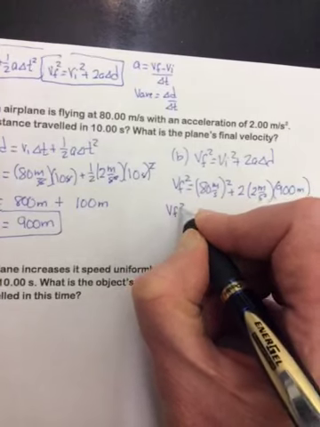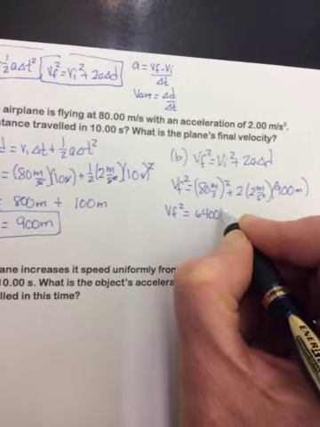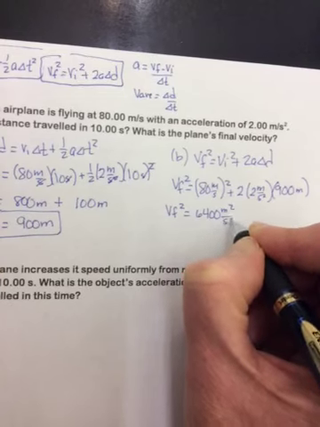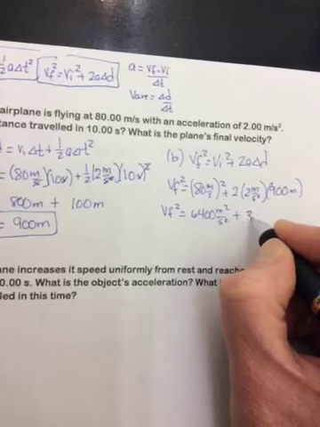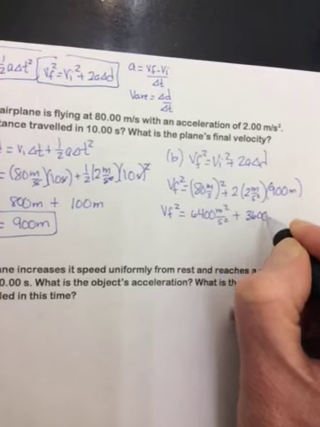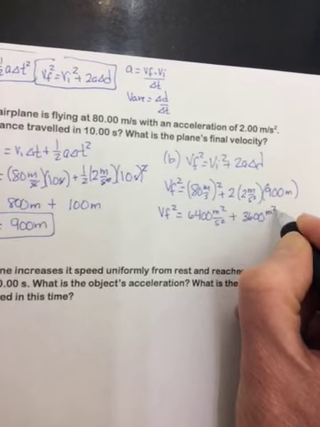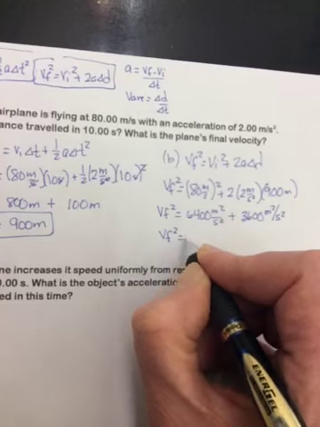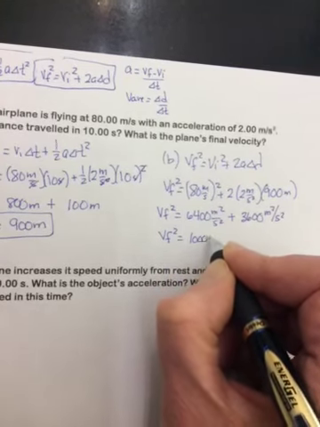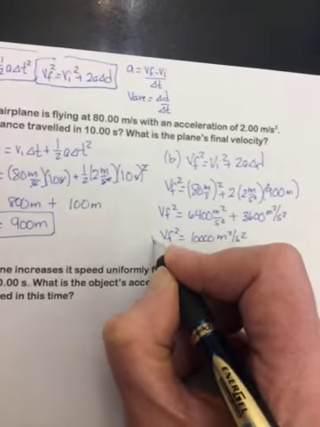So VF squared equals 80 squared is 6400 meters squared per second squared, plus 2 times 2 is 4, 4 times 9 is 36 with 2 zeros. Meters times meters is meters squared, and the seconds squared stay on the bottom. So we get a VF squared is equal to 10,000 meters squared per second squared, and now take the square